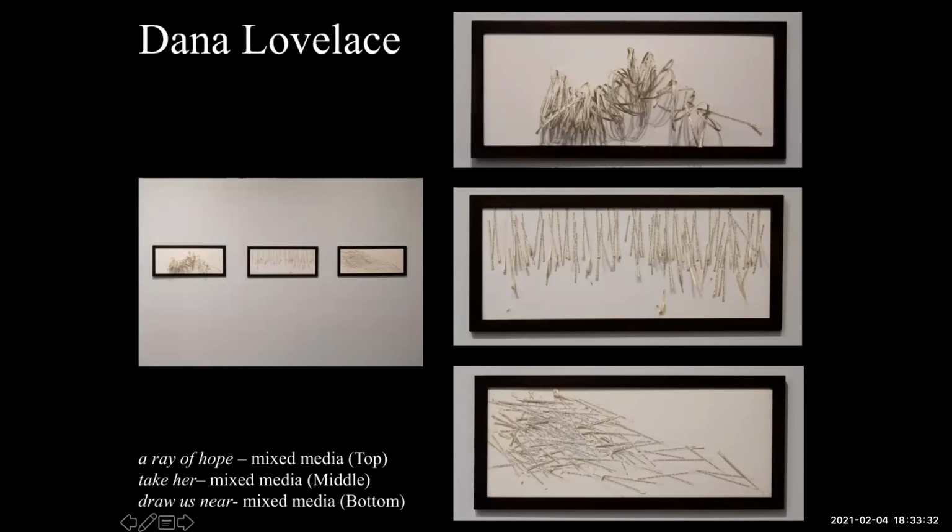So I was able to look at different words themselves to create a new story. I layered lines of text and connected lines of text to create textural forms, and these forms tell different stories. The piece on the top is called A Ray of Hope. It's representative of the overwhelming feeling that overcame me with my mother's loss. I felt bound and trapped and lost and angry in many ways, yet I always felt a sense of hope